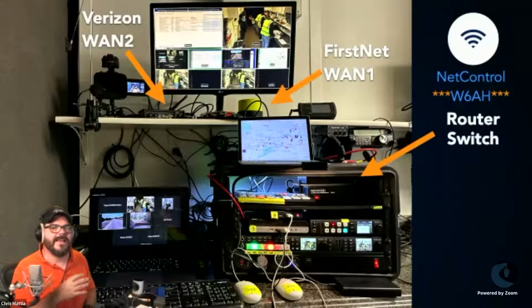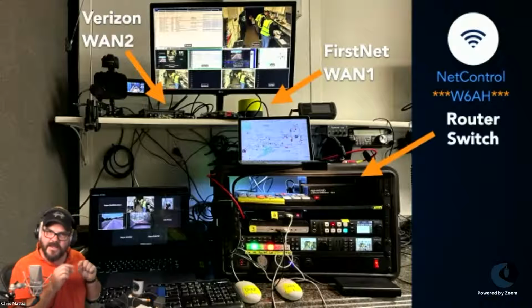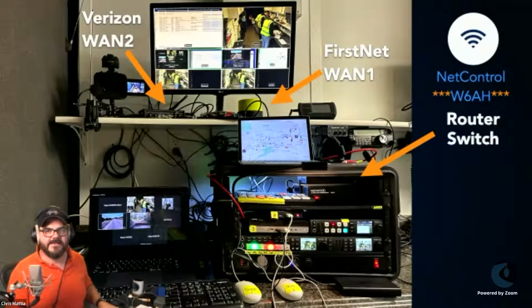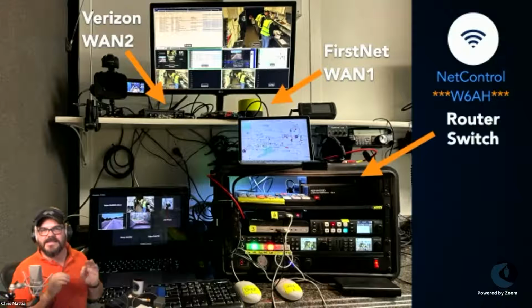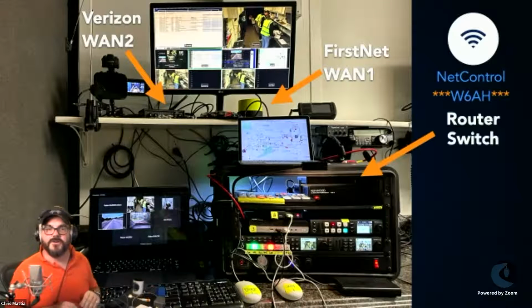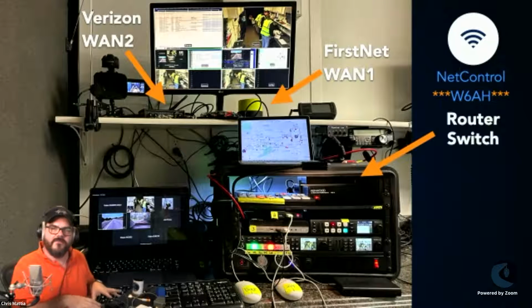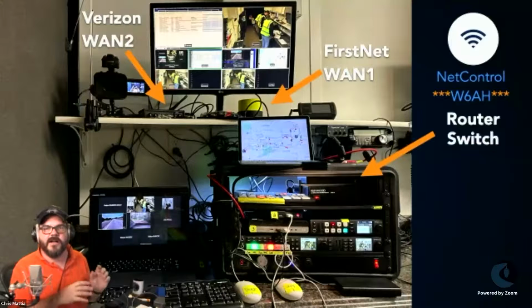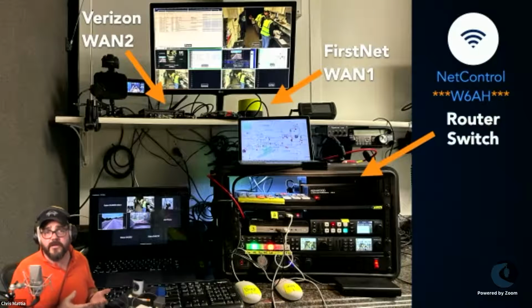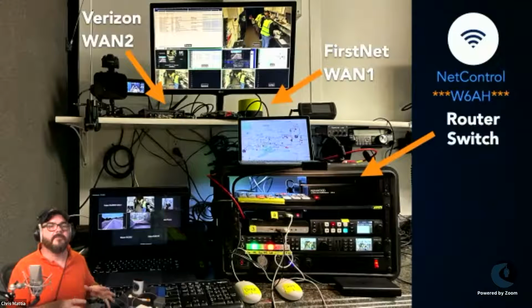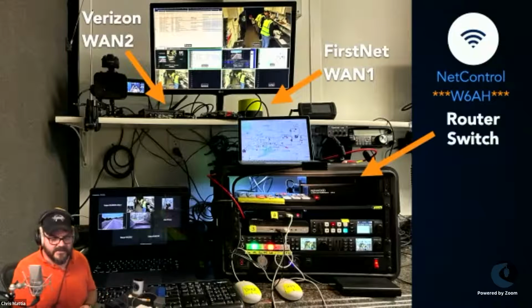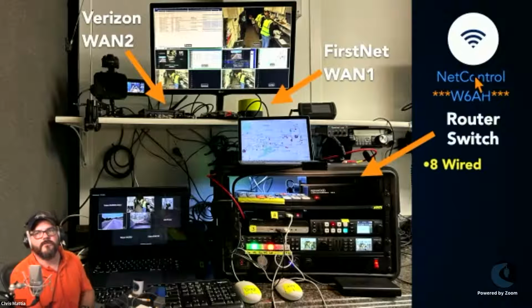I had a second SSID or a second network that was being broadcast. This access point can actually handle up to 6 different networks simultaneously off of it. I think actually maybe even more. And I had this hidden W6AH network. So nobody saw it. All of my machines, all the devices inside of my boxes were all connected directly to that in a wireless or in a wired configuration. And so that allowed me to do whatever it is that I needed to be able to do for the